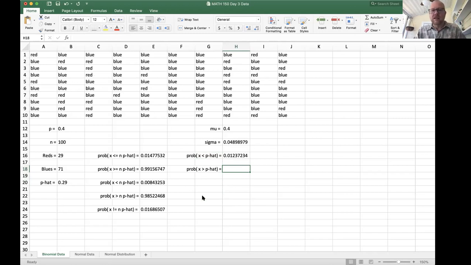So consequently, you can just say 1 minus the thing that you just got, or the probability of the greater than or the greater than or equal to, okay? And so when we come down here and want to say something about the probability that the x is not equal to p hat,